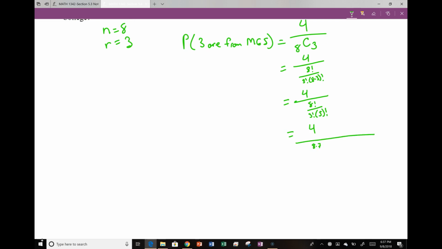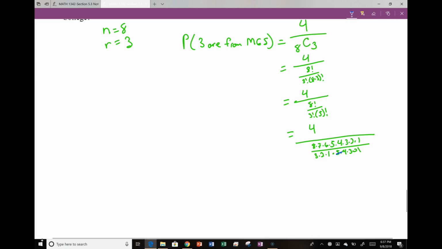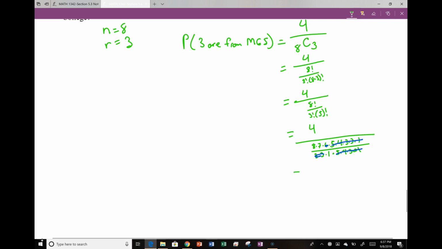The 8 factorial is 8, 7, 6, 5, 4, 3, 2, 1. 3 factorial is 3, 2, 1. 5 factorial is 5, 4, 3, 2, 1. You will notice that these simplify each other out. These actually simplify each other out as well, leaving me with